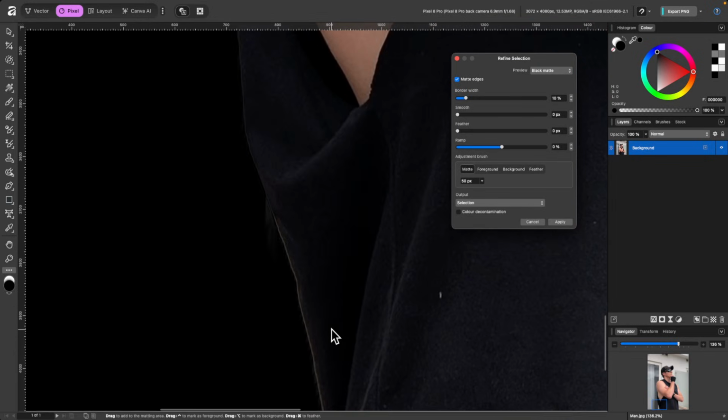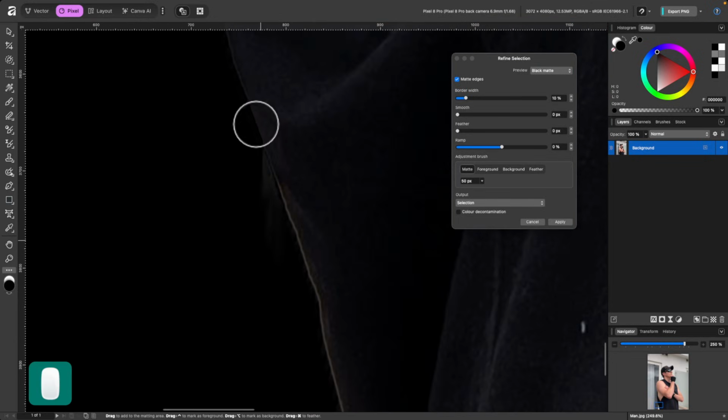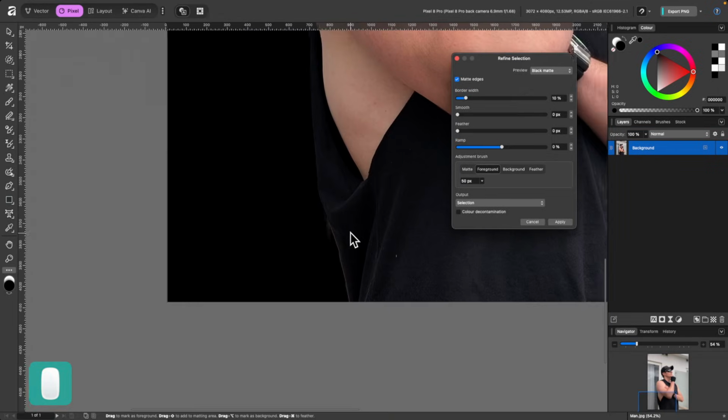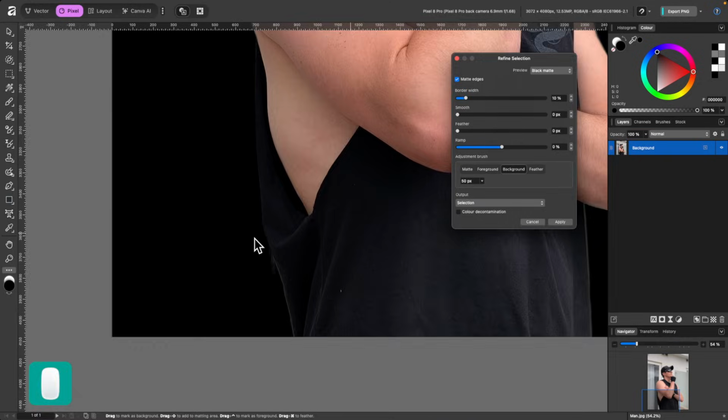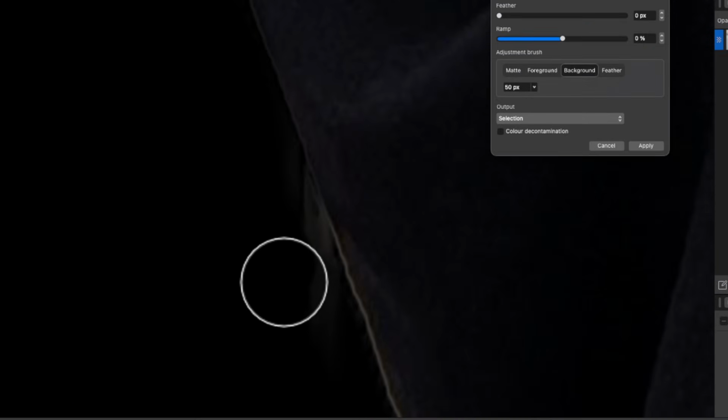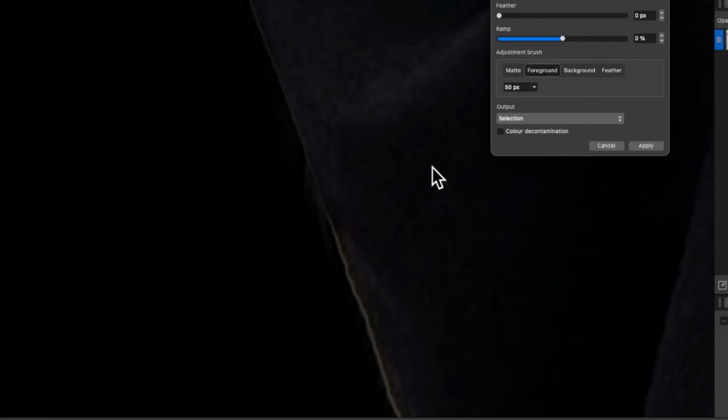Let's try and use it down here as well. Just here, I'll just click and drag, see if it works. It doesn't really work too much there, so I want to erase part of that. So the foreground over here, this would be the man. And the background would be the background I want to paint away. So I've chosen the background here, and I'll just click and drag in a little bit. I don't have to go all the way and let go. And it kind of creeps forward as you paint. Hopefully you can see that. If you go a little bit too far into the man, you can click on foreground and paint in the man slightly, and it will creep back the other way.